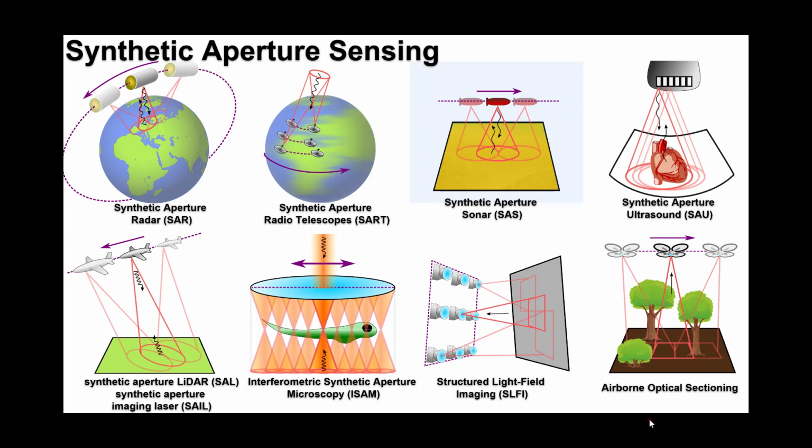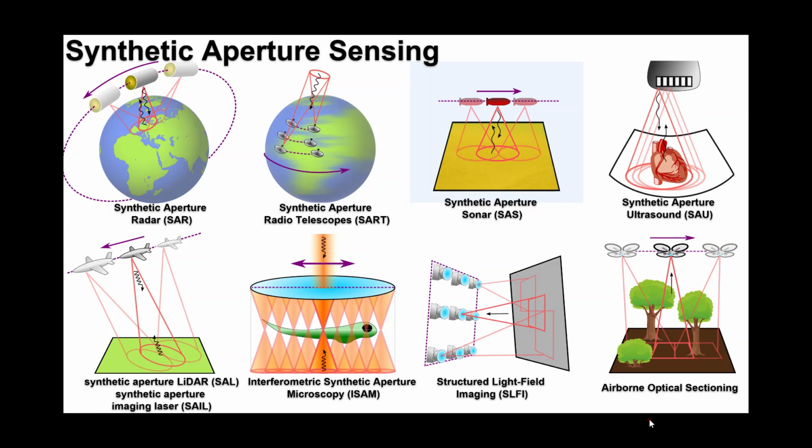To break these limitations, you network multiple radio telescopes and computationally combine their signals to mimic a radio telescope with a really large virtual dish, which would physically be impossible to realize. So that's the idea of synthetic aperture sensing. Again, you do this with the goal to improve the sensing quality, and this idea is applied in many different fields, such as radar. Synthetic aperture radar is a classical example, as well as synthetic aperture sonar, ultrasound, microscopy, LiDAR, and also